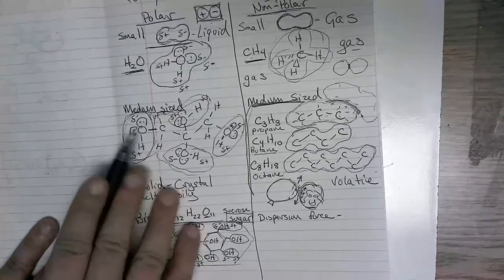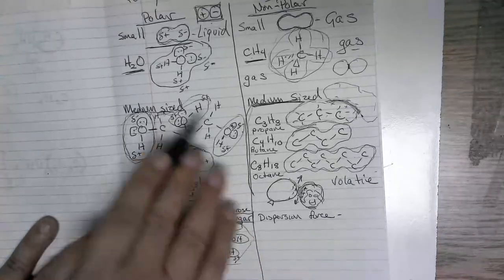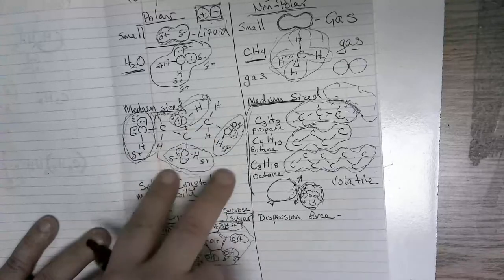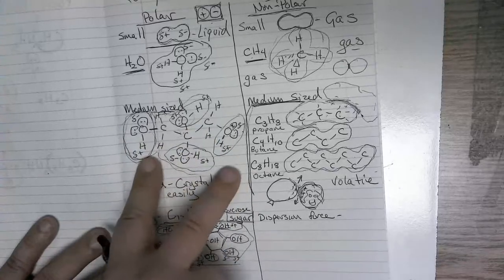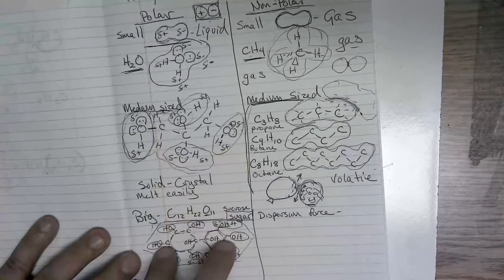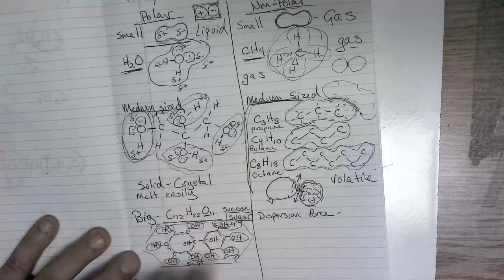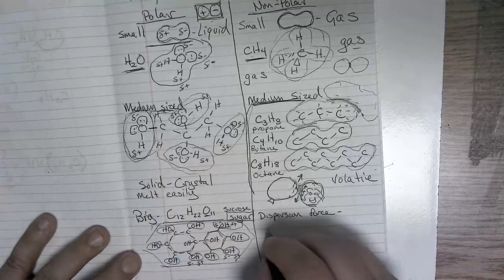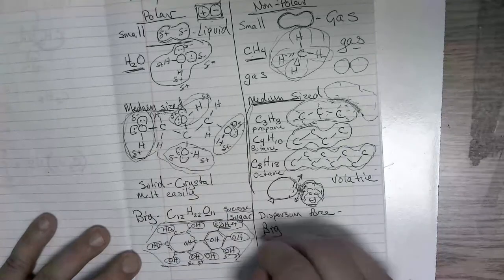This structure, if there's only 4 OH regions, it may crystallize. It may form a crystal, or it may just be a thick liquid. But this one's definitely going to melt before this one, because the larger the molecule, the more attractive force, the less it's going to go. All right. What if I had a big, huge